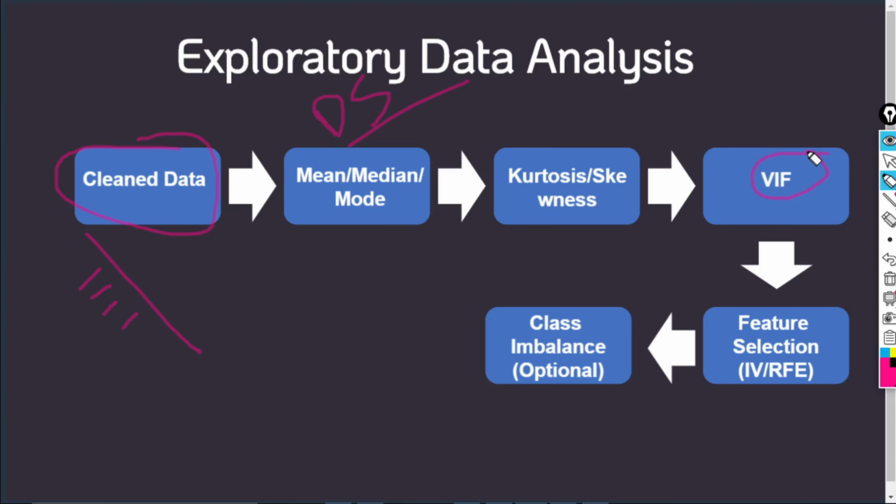What is this VIF? VIF tells you the relationship between the independent variables. It is also known as multicollinearity. Okay, what is this multicollinearity? This is a huge problem for building a model. Multicollinearity says that your independent variables are highly correlated with each other. So